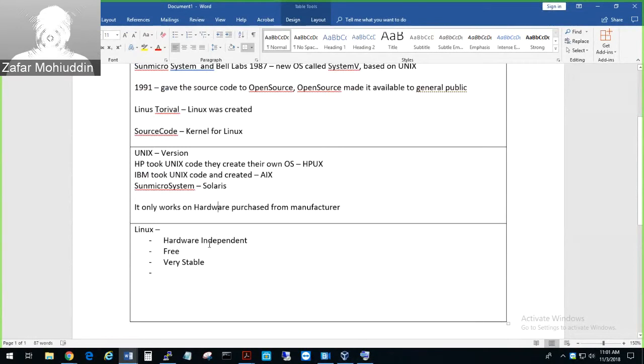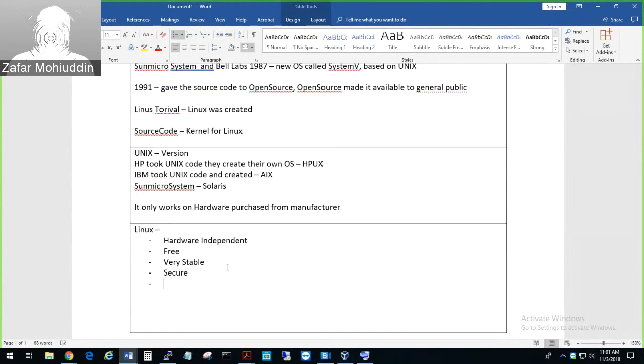So what Linux is: hardware independent, it's free, it's stable, and then it's secure. And then it also has good tools. So good tools are added. Okay, are you guys with me so far? Yes. Okay,